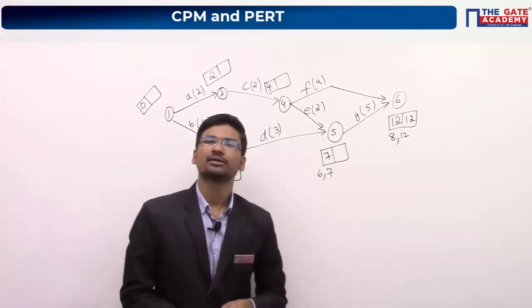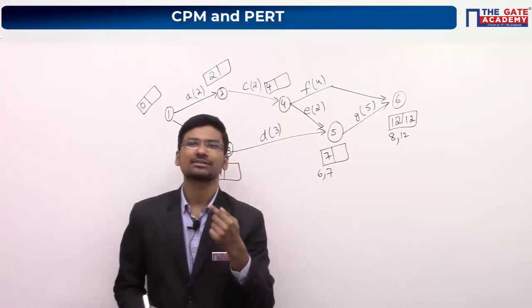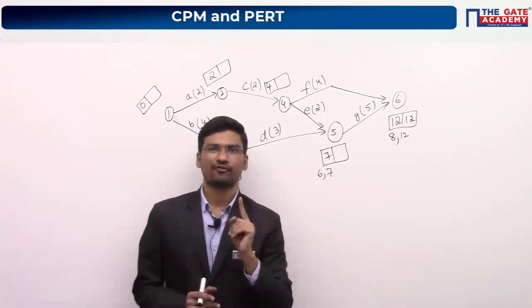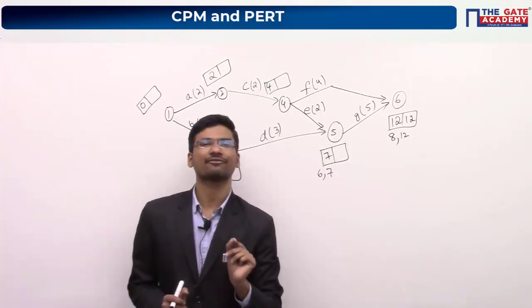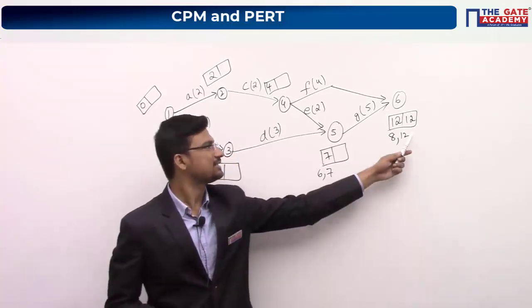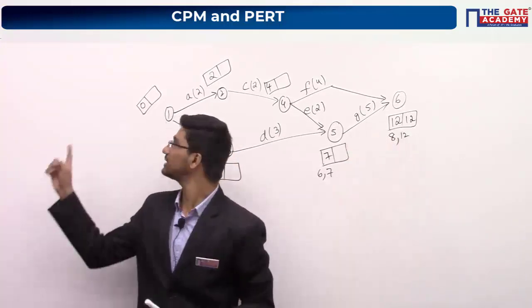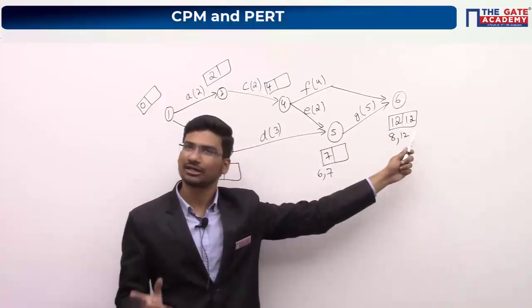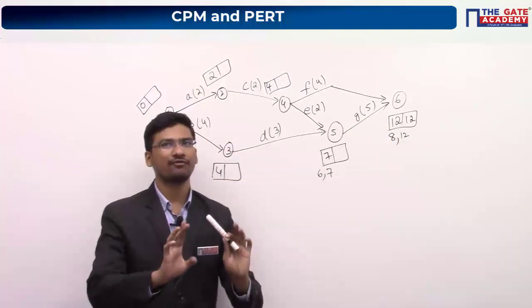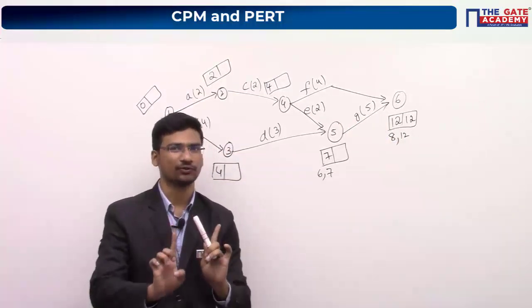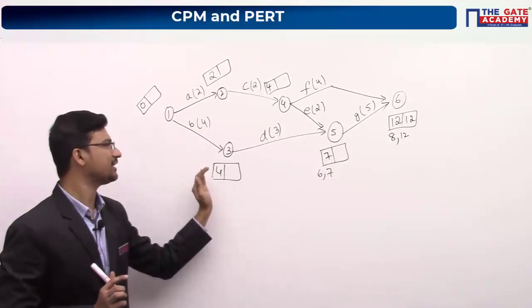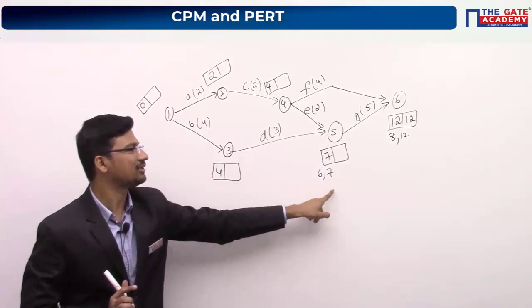Okay. So I am repeating the point. For critical events, slack values are 0, maybe head slack or maybe tail slack. Definitely, this is your critical event. Obviously, your first and last events are critical events. That's why the slacks should be 0. Okay. Now we are using backward pass rule. Listen carefully. In forward pass rule, what have we done? We have taken addition and we have taken the maximum value.